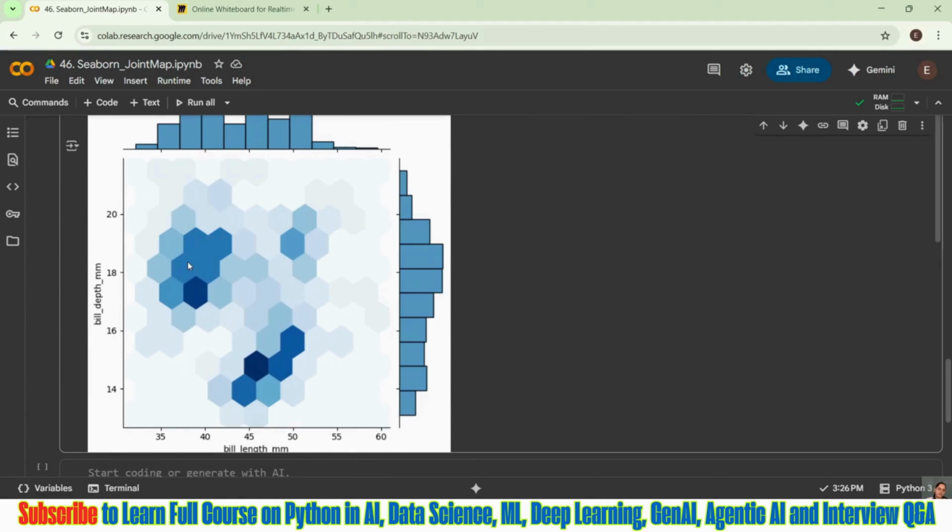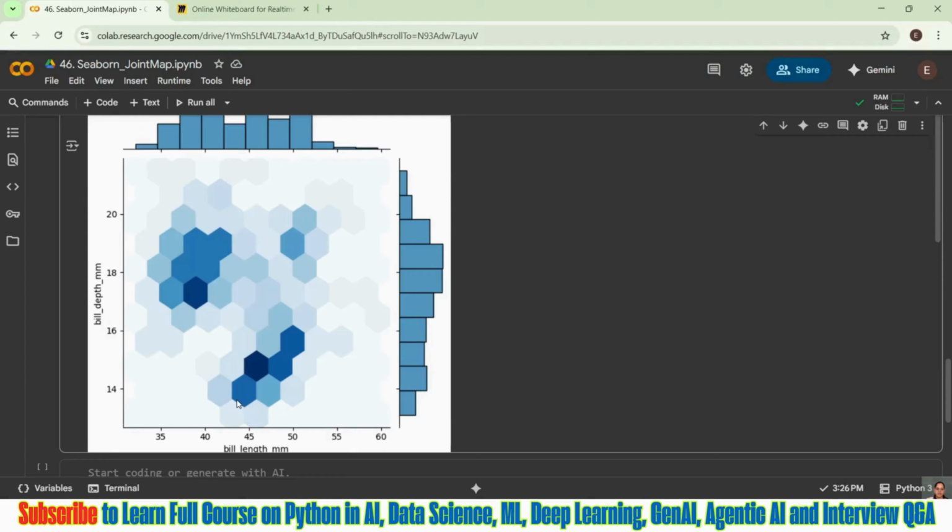Again, you can see here, this area from 17 to 19 is deeper, or specifically this area. The darker blue has high density, like there are more penguins of those particular sizes.